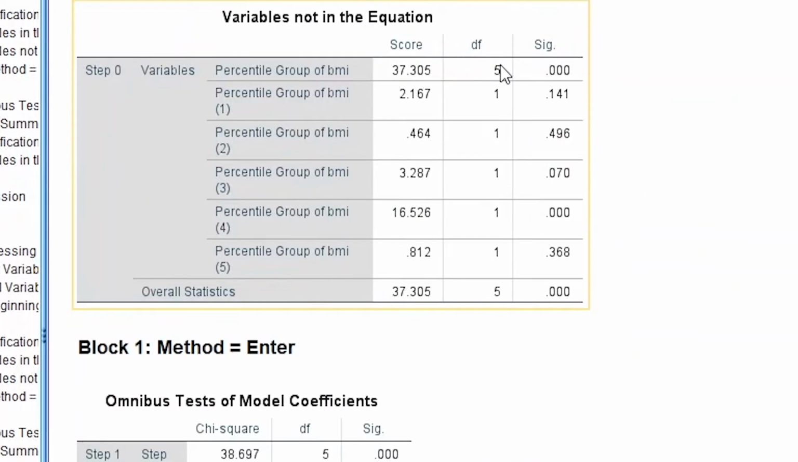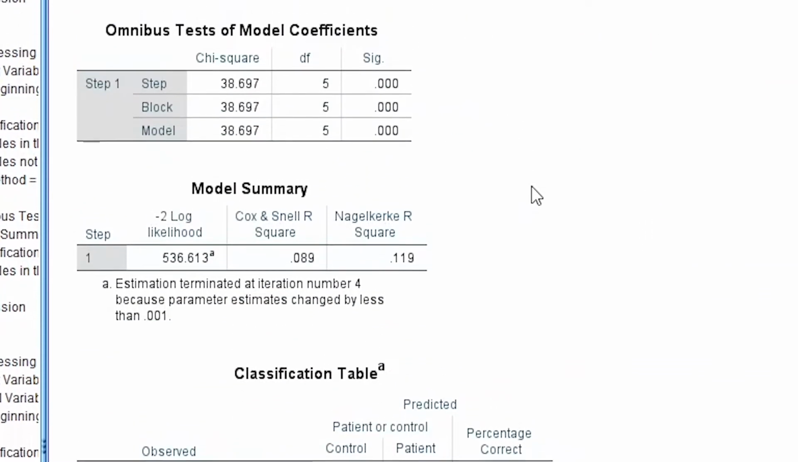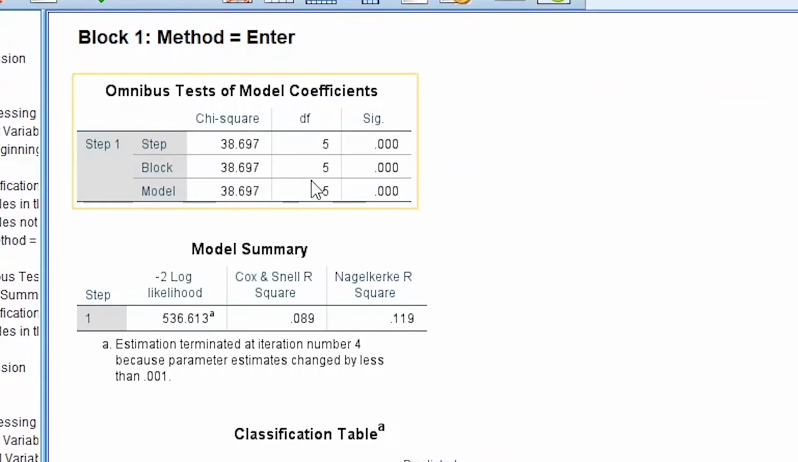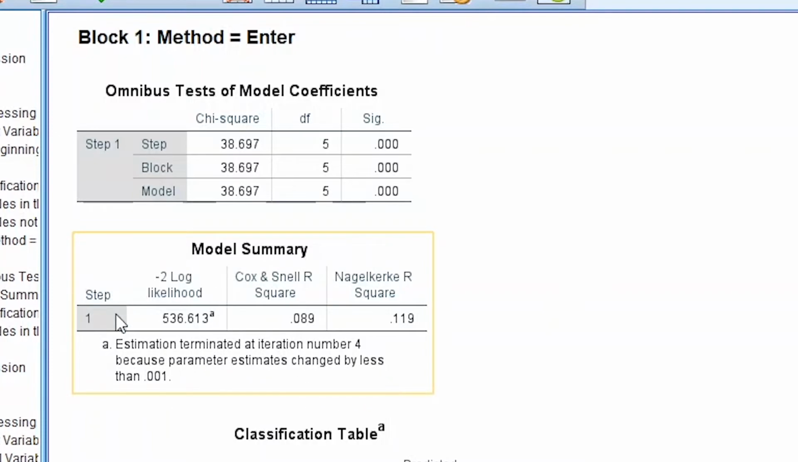Okay, we're going to skip over the tables here in block 0, and go straight to block 1, in which we will be greeted once again with our omnibus test for model coefficients. Once again, here we can see the log likelihood ratio, which is very strongly significant in this case. We can also see that we have not 1, but 5 degrees of freedom, and that is because we have estimated 5 parameters. Like I said, we have 6 categories for which we estimated 5 dummy variables, making 5 degrees of freedom. We see the model summary with our -2 log likelihood for this new model with the